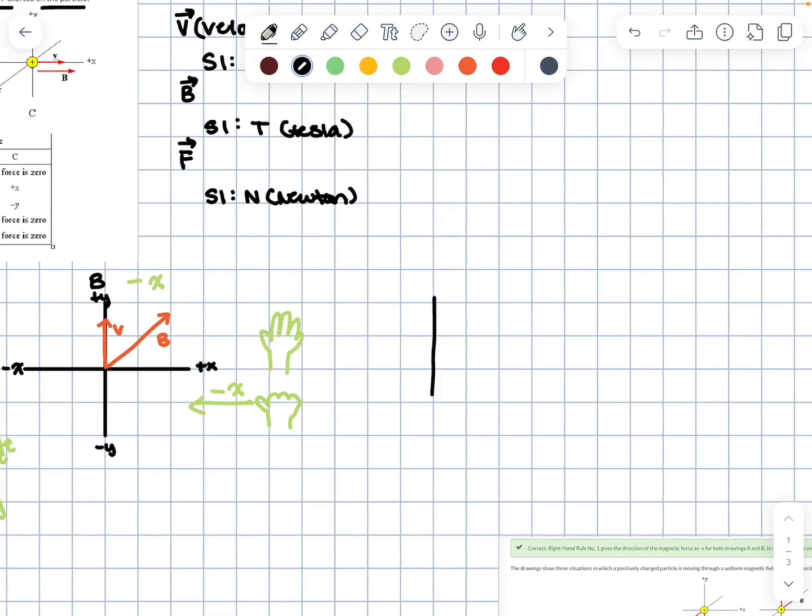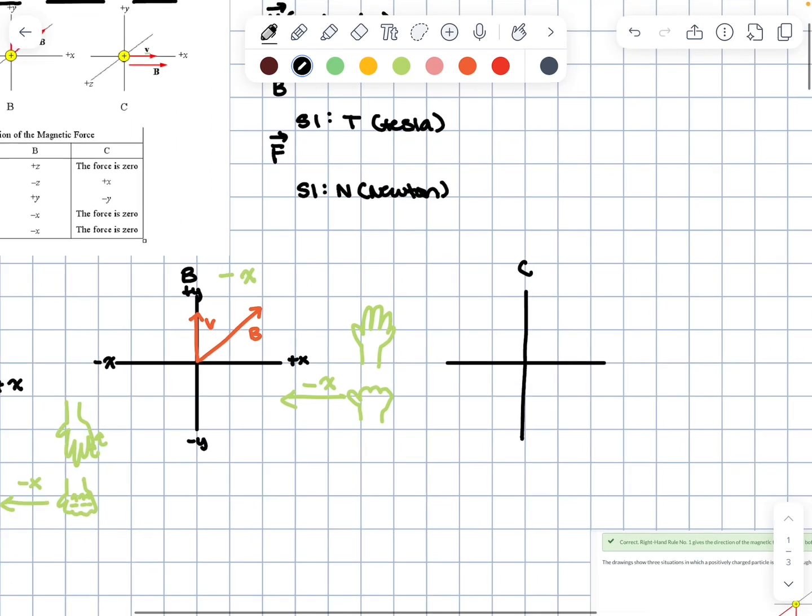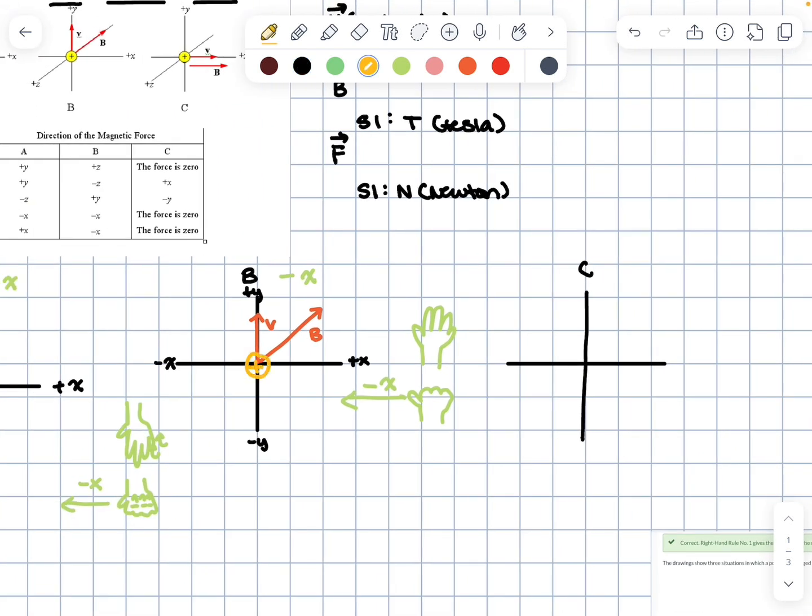And then lastly, we have C, which is also quite unique. I'm about to rewrite this here. So C is different than the last two because our velocity and our B field are parallel to each other. So because of this, we know that since velocity is pointing to the positive x direction, and so is the B field,